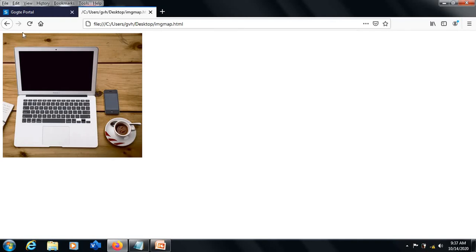Similarly, I have told it to leave 44 pixels from top, which means with this 34 and this 44, it will start from this point.